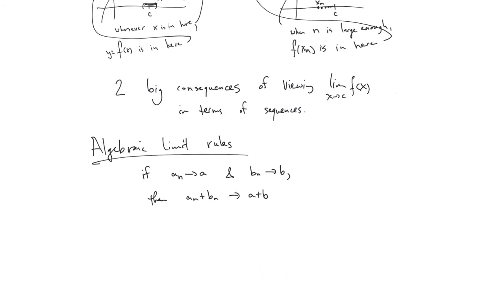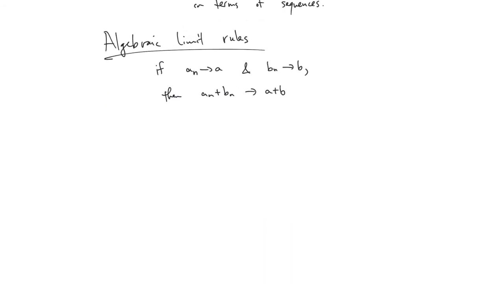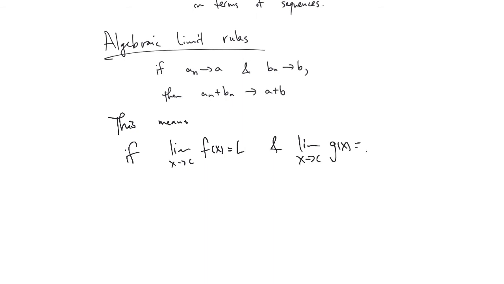And so, for free, this automatically means that if the limit as x goes to c of f of x equals L and the limit as x goes to c of g of x equals M, then the limit as x goes to c of f of x plus g of x equals L plus M,